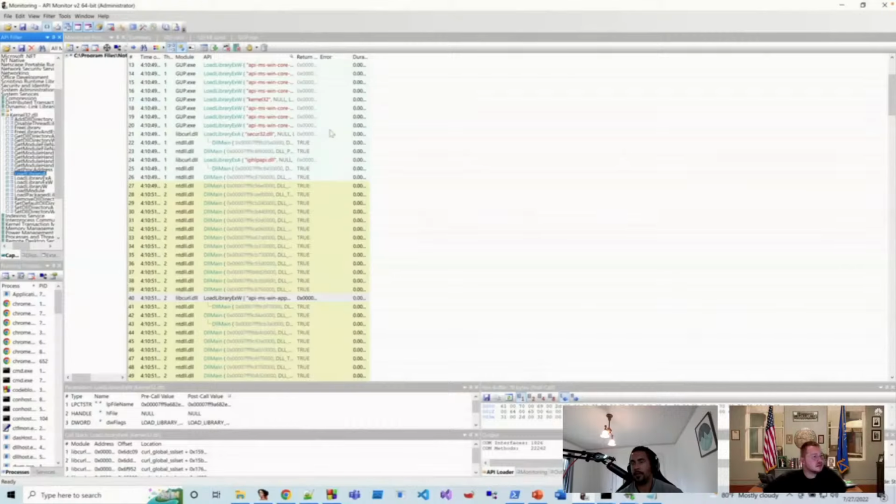Something I've already done: when you're using API Monitor, you have to set your filter, start your binary, and then point API Monitor at your binary. So in this case, we're looking at GUP. We're filtering. Actually,